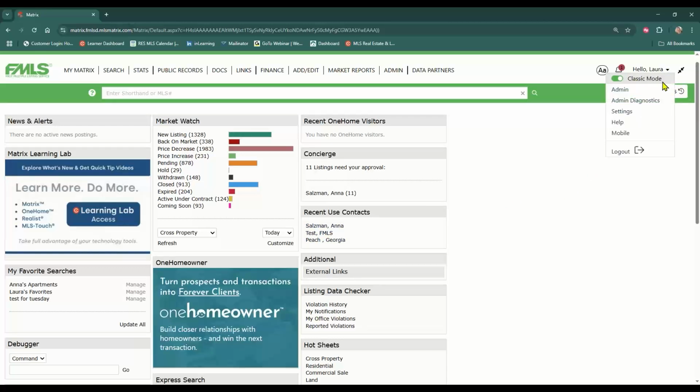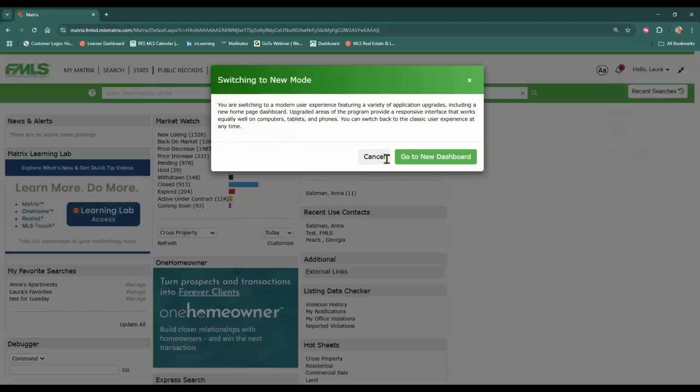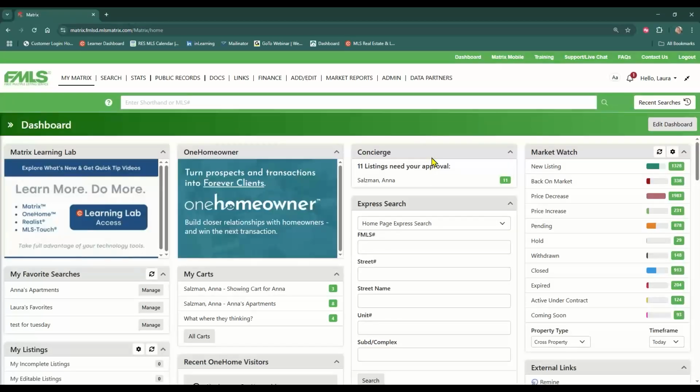and there's a toggle here. It says classic mode. Right now, the classic mode is toggled on, so I want to go ahead and turn it off. And this is just saying, hey, you're moving over. Are you sure you want to do it? Thank you to the classic mode, but yes, I'm going to move to the new dashboard. Now, hopefully the thing that you see first is it takes up the full screen. The new dashboard is built with what's called responsive design, meaning it's going to take up the size space of